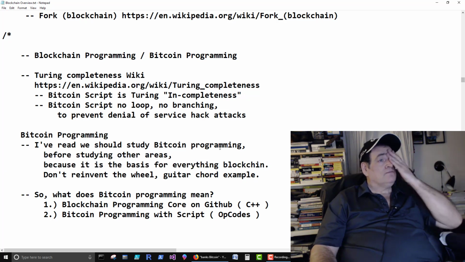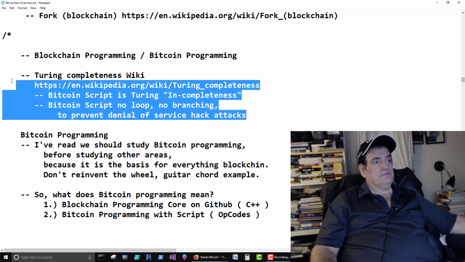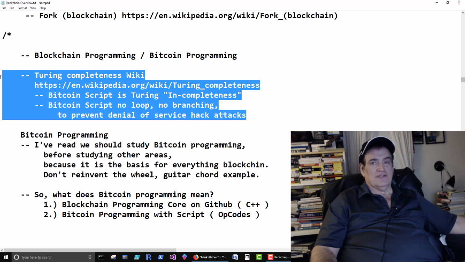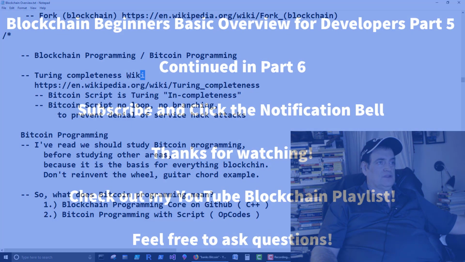Okay, so this here is a topic that you'll see come up a lot, if you're into the programming stuff. They always say Bitcoin